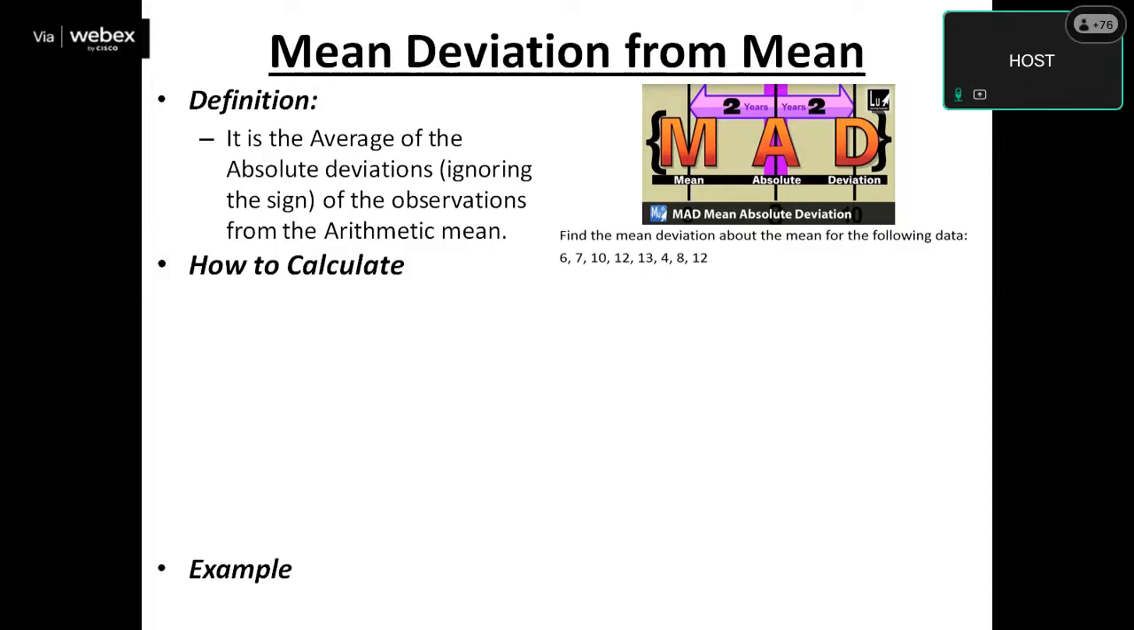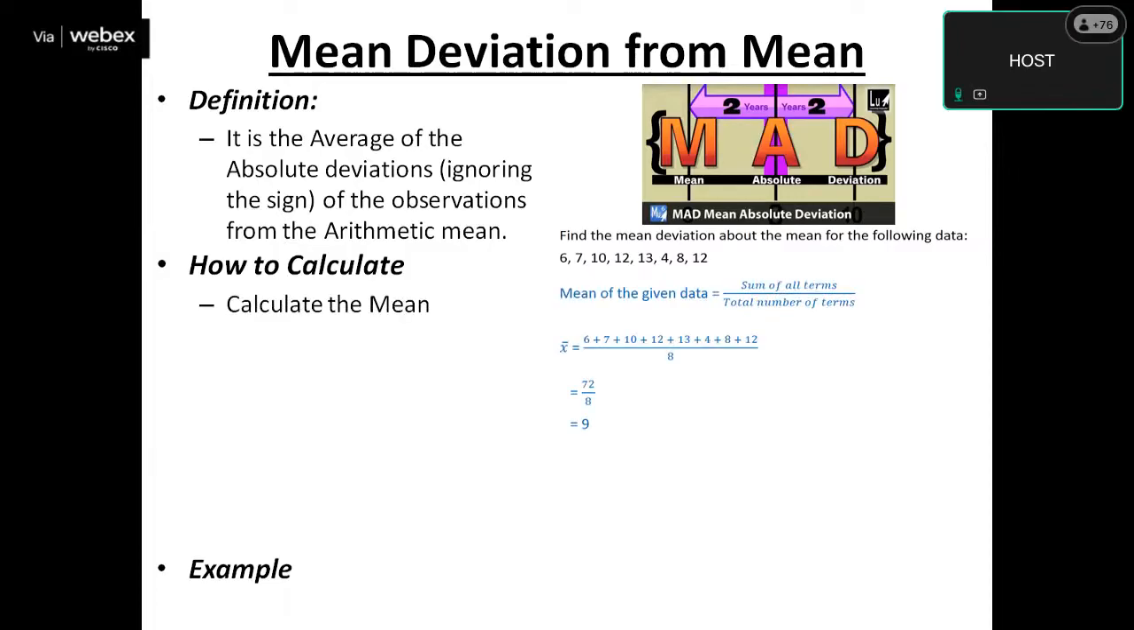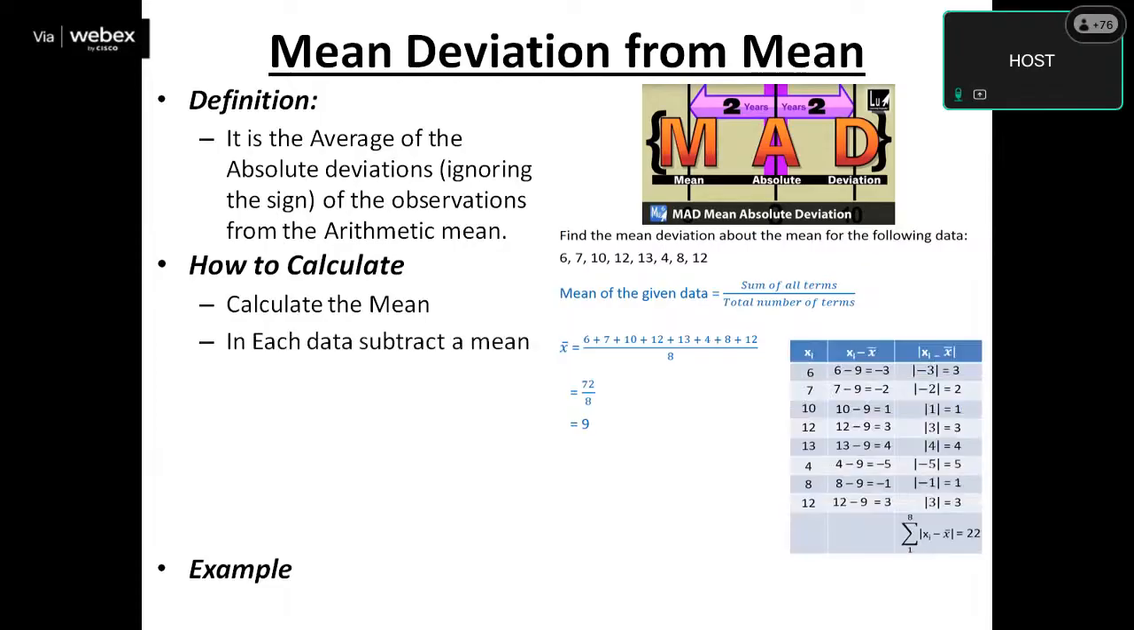So this is the given data. First, what do we have to calculate? We have to calculate the mean. So we have calculated the mean. Now what do we have to do? We have to subtract the mean from each observation. So we subtract the mean, and whatever deviations we have found, we have to take the mean